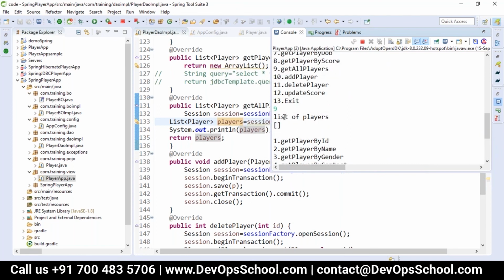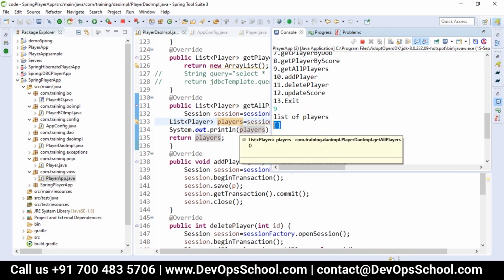Okay, there are no records present, so it has given an empty list. So that's what it has given here, the empty list.